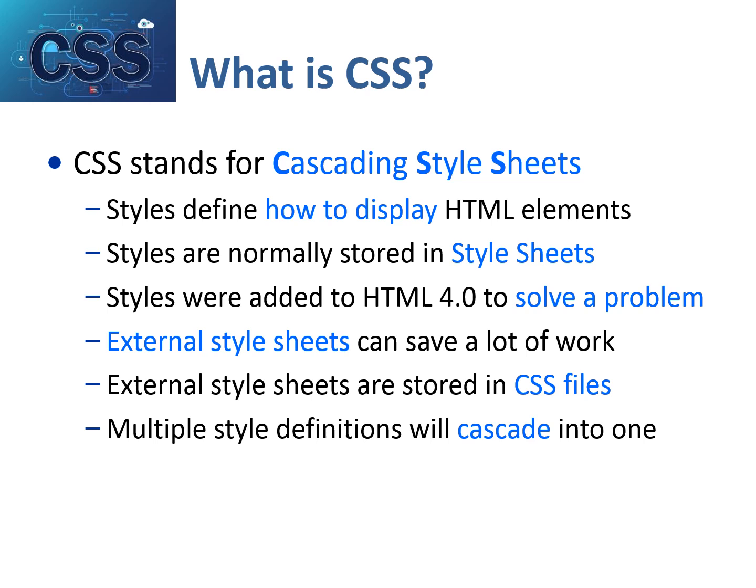Now move on to the third term, cascading. Cascading means passing on to a succession. Cascading in CSS means styles can fall or cascade from one style sheet to another, enabling multiple style sheets to be used on an HTML document.